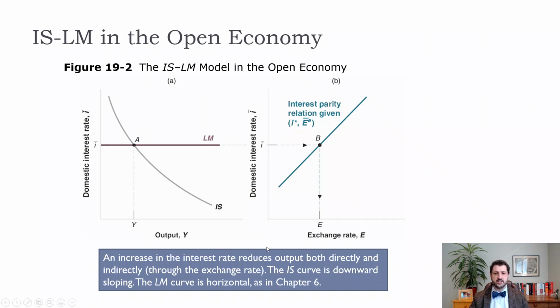And so an increase in the interest rate reduces output both directly and indirectly, right? A higher interest rate reduces investment, so we move up the IS curve, but it also will increase the exchange rate, which will reduce net exports, right? So imports will go up and exports will go down. The good thing is that it moves them in the same direction, right? So we can be more confident in our answer in terms of what will be the effect of a change